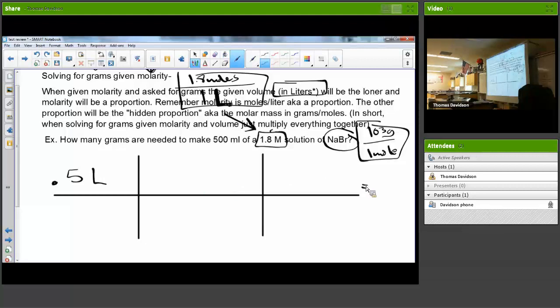What am I solving for? You're right. I almost wrote moles per liter again. Grams. All right. Do I want liters in my answer then? No. So what has to go on the bottom? All right. For every 1 liter, I have 1.8 moles. Do I want moles in my answer? No. So I put moles down here. For every 1 mole, I have